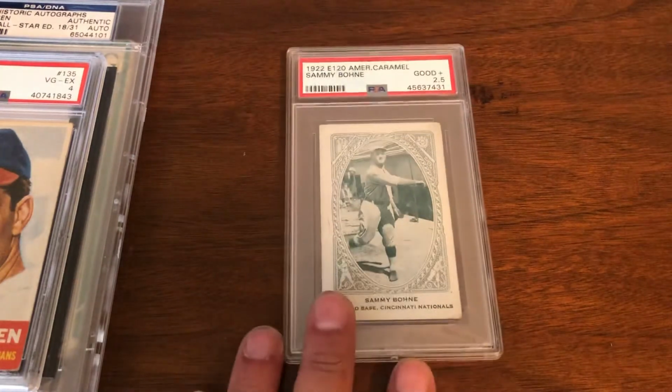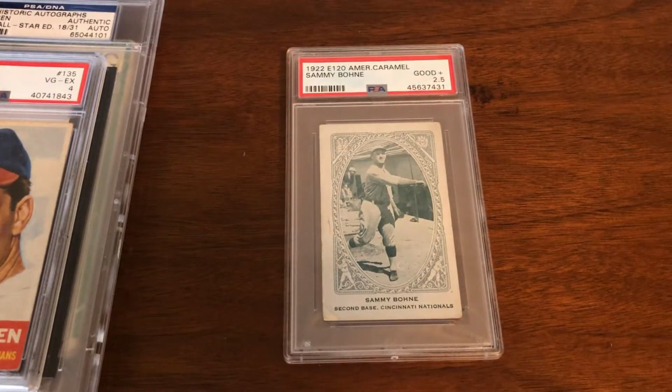And this one I was particularly excited to add. I was actually bidding on a slightly higher grade of this particular card, same exact card, I think about 2 weeks ago, 3 weeks ago, and I got blown out of the water on it. And it went for kind of an absurd amount of money, in my opinion. So, to my surprise,